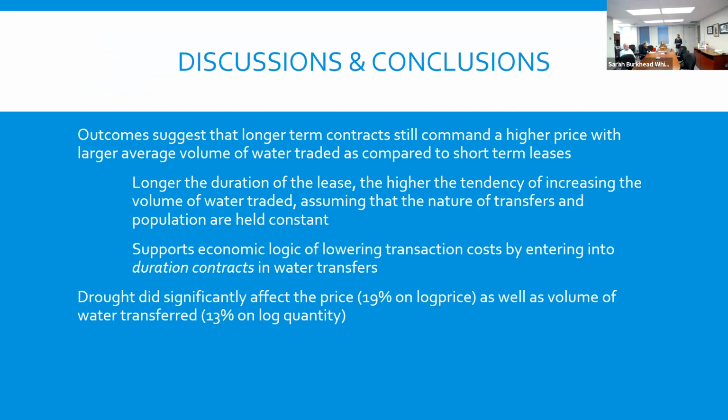So to be very honest, my discussion and conclusion from this project is that if you just strictly think about drought and water trading, yes, I had some good results. I'm showing that drought does significantly affect the price as well as the volume, and it seems that people tend to prefer more volume than less volume when it comes to leasing. More volume in the sense that I would do the lease for 2 or 3 years rather than 1. And this is very much related to what we see in industrial organization in economics.